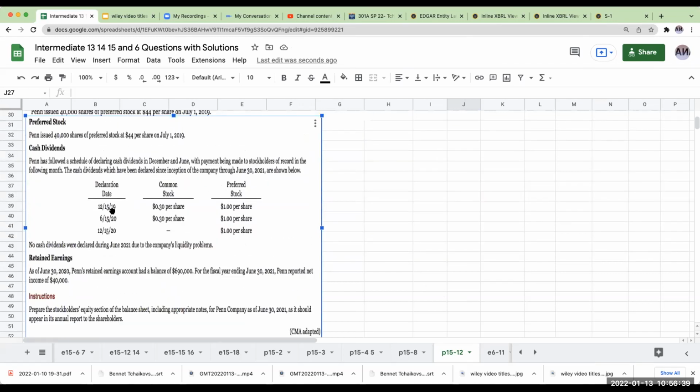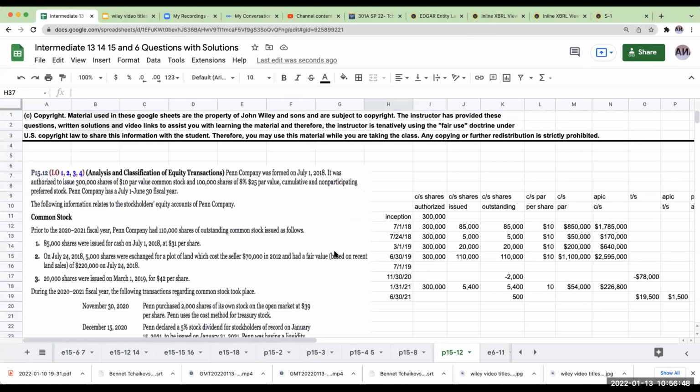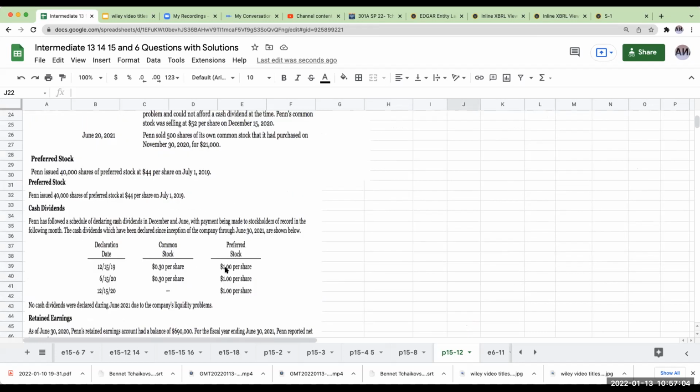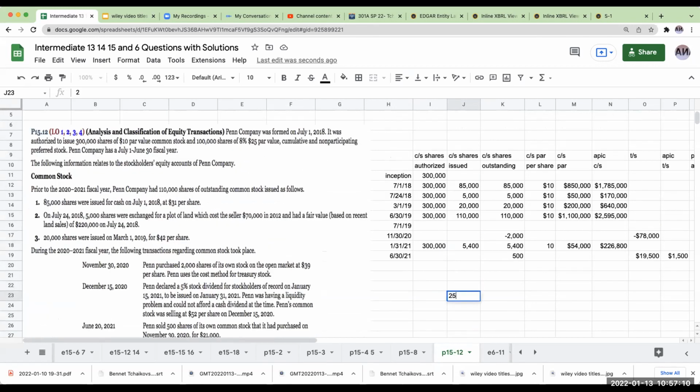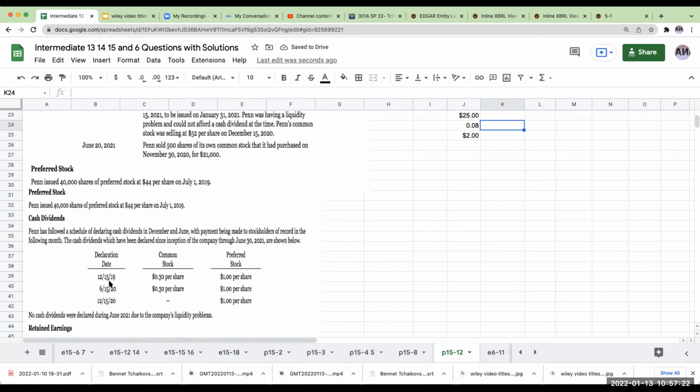So on 12/15/19, in order for us to figure this out, are there any features on the preferred stock? If I look at the preferred stock, it's 8%, $25 par value, cumulative and non-participating. So when we look at this in terms of $1 per share, if I take 25 bucks times 0.08,